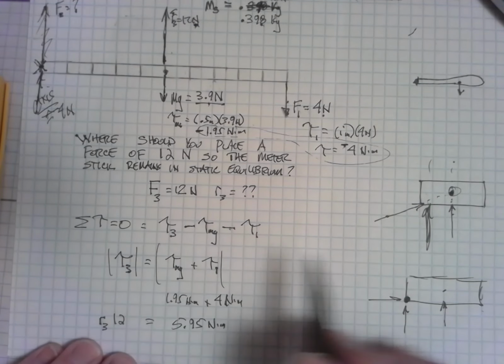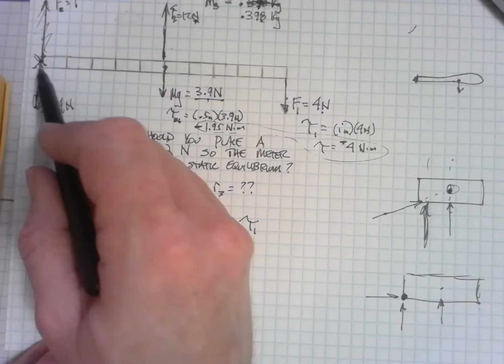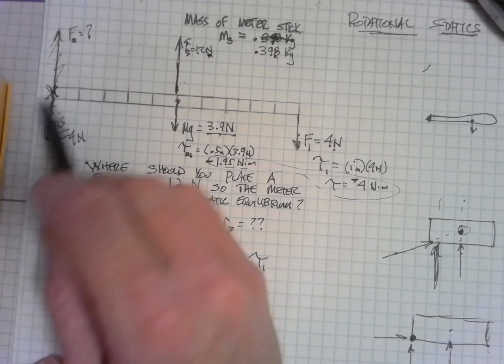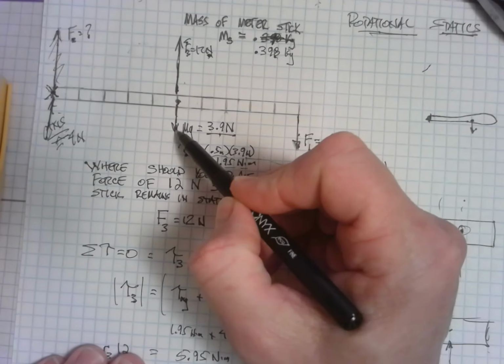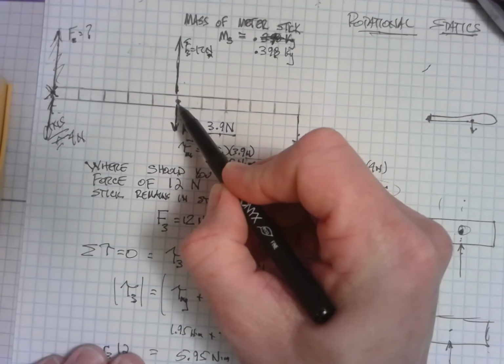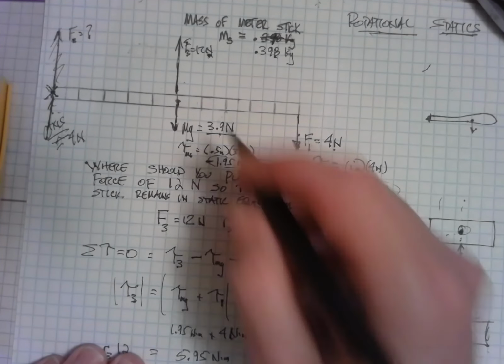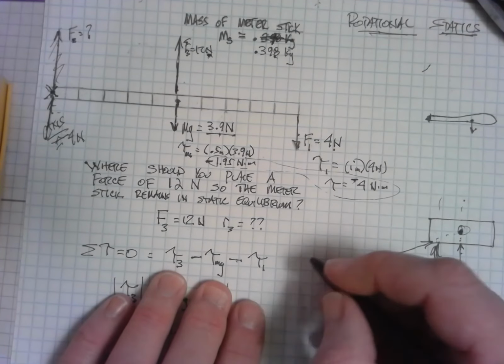The important points to note are that in static situations, you can place the axis anywhere, and there's usually in a problem a good place to place it, so you can eliminate something that you don't know. All of the weight of an object acts at its center of mass. And if it's in static equilibrium, the quickest way to write all this, the more efficient way, what I should have done,